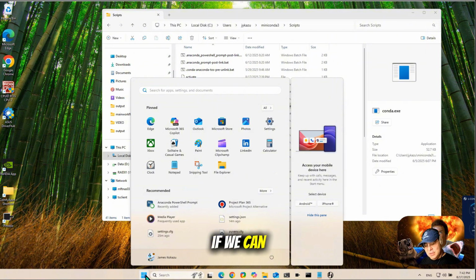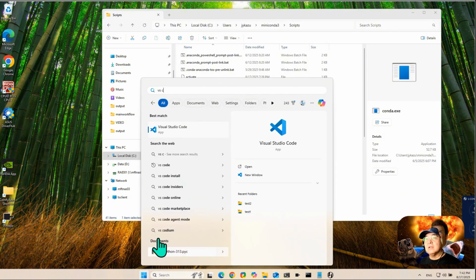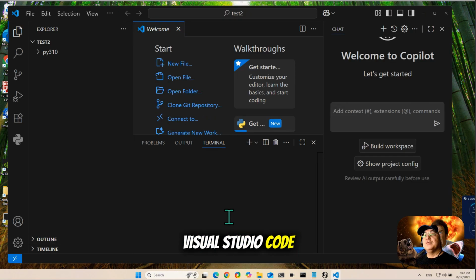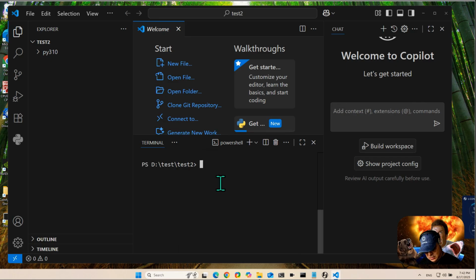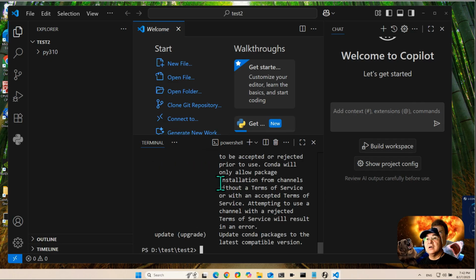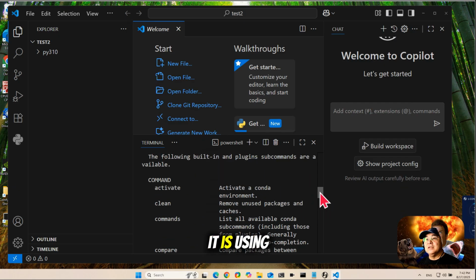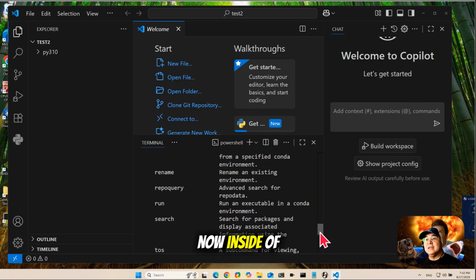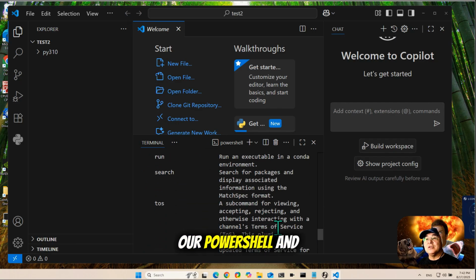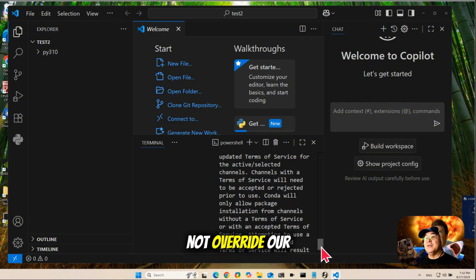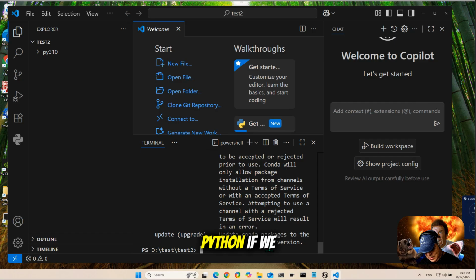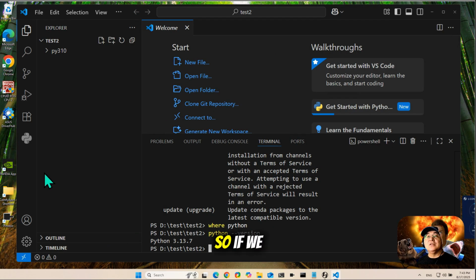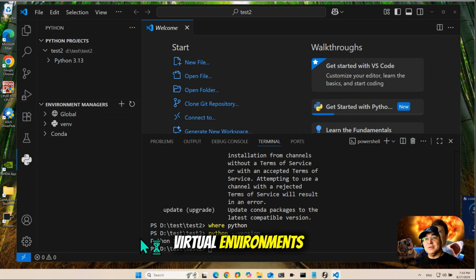And let's see if we can get Visual Studio Code to use the Conda command. Yep, it does. So it is using the Conda command now inside of our PowerShell in Visual Studio Code. Now keep in mind that did not override our Python if we type. So if we look at our virtual environments,